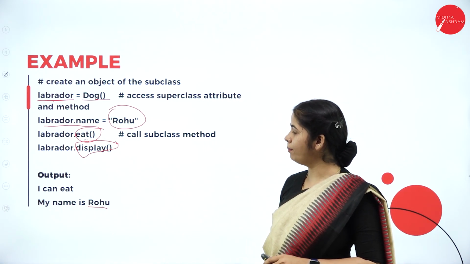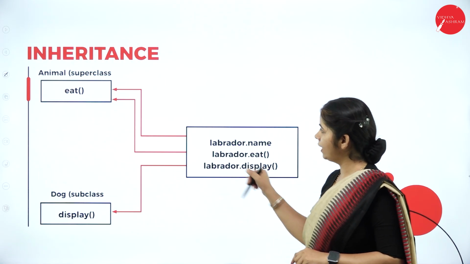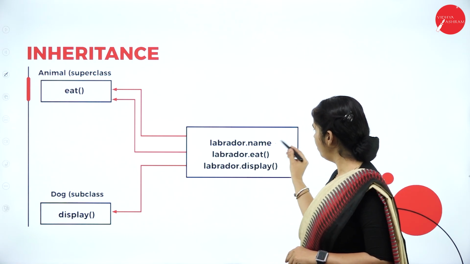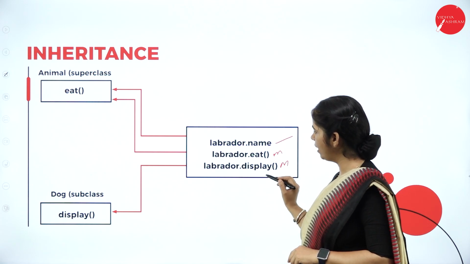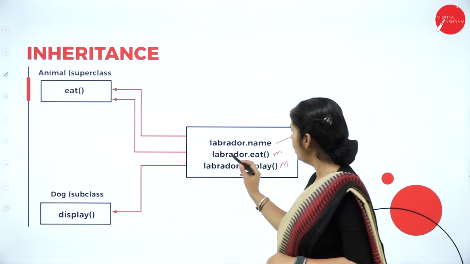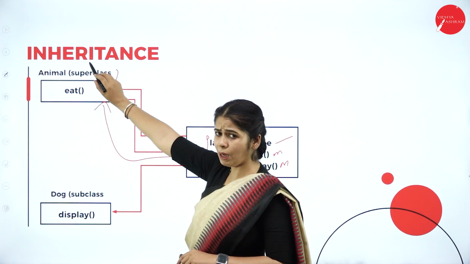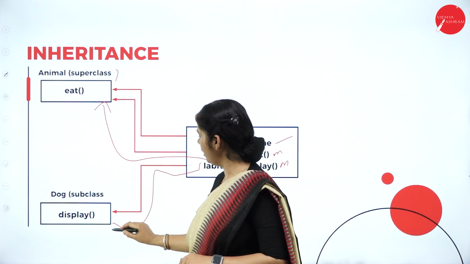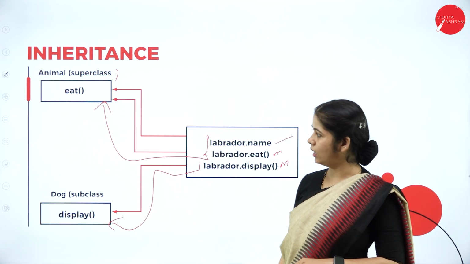This is the example for single inheritance. So that's how we can represent it in diagrammatic form. This is an attribute and these are methods. We have two methods and one attribute. These two methods are inherited from the base class, that is animal, and this single one will be the other function or method of the child class.